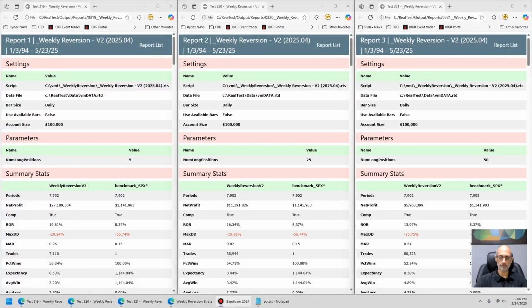This is the performance summary for week 21 of 2025, which was the week ending May 23rd. So this past week, there were no trades generated. The strategy found no trading opportunities, so it was flat. So I thought I'd take this time to just maybe look at one of the robustness tests I use in